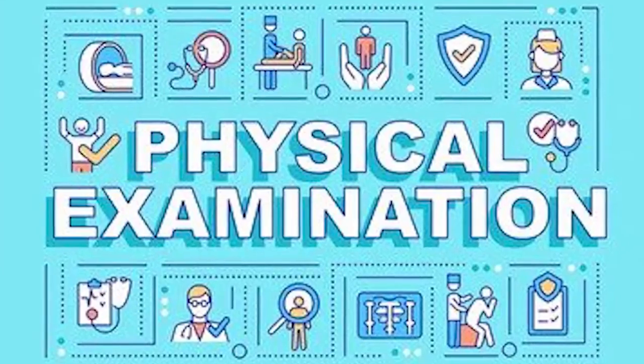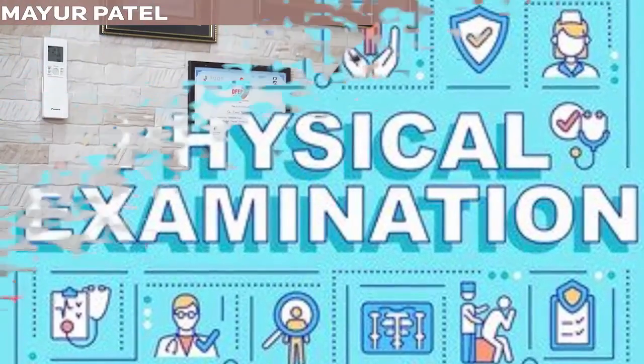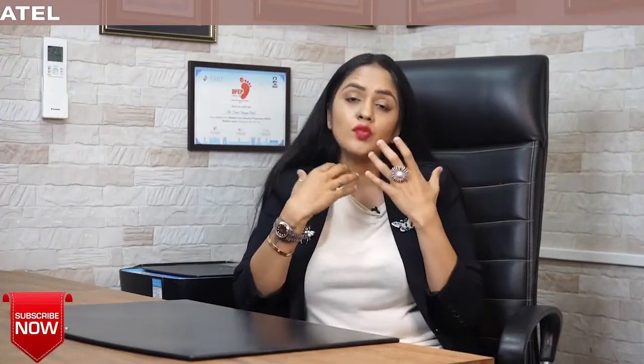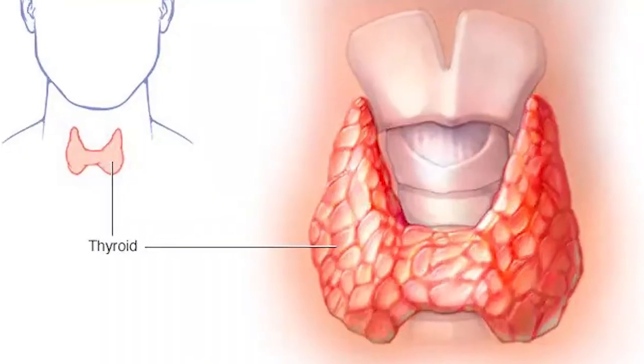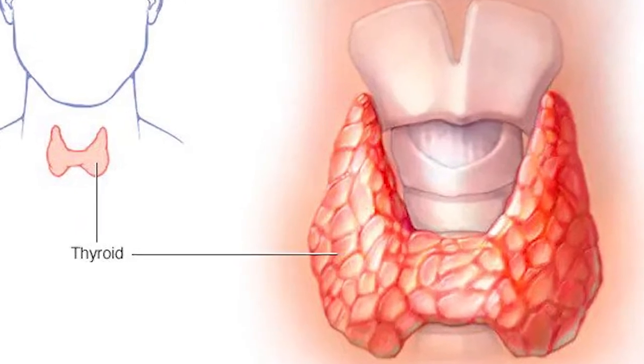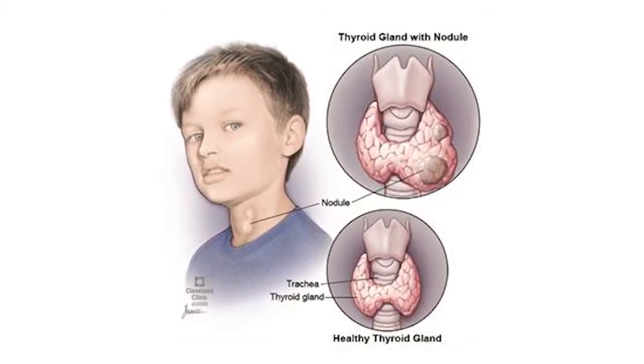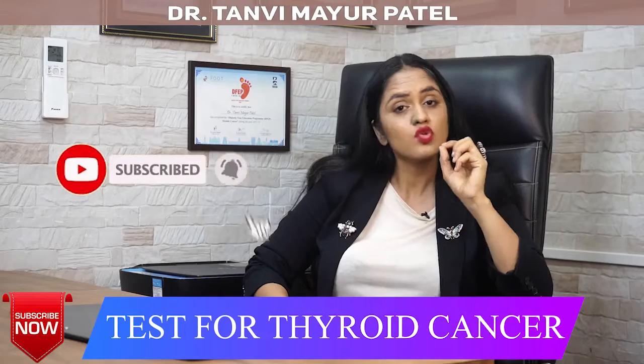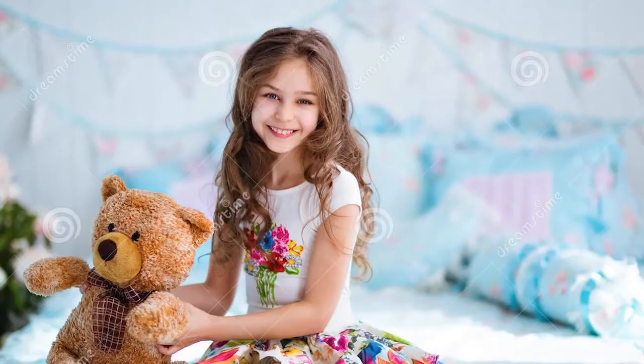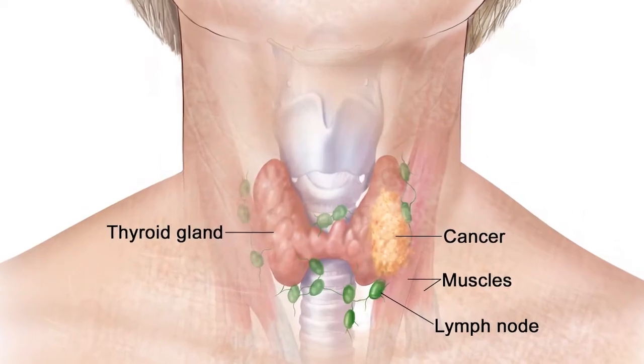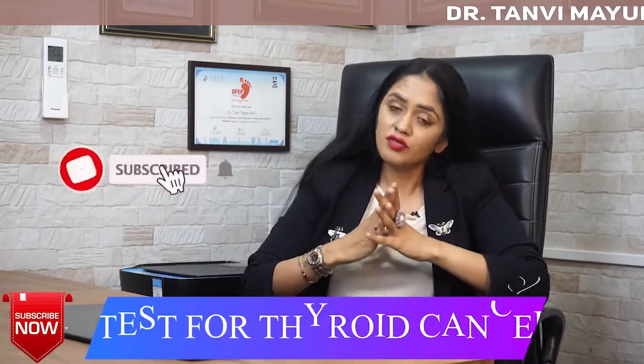After understanding your entire case history, your doctor will do a physical examination. When we do the physical examination, we are going to mainly focus on your thyroid gland. We want to see whether your thyroid has any kind of nodule or lump or swelling. Understand that if the lump is single in number, this could be dangerous. At the same time, if your age is very young or you are a very old person, again your risk of having a thyroid cancer increases. So based on your individual risk profile, your doctor will investigate further.